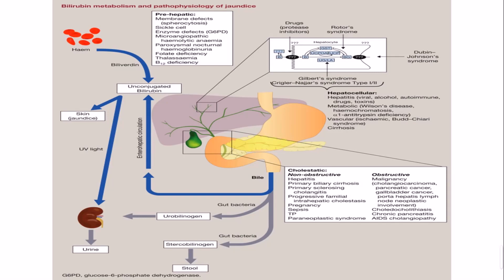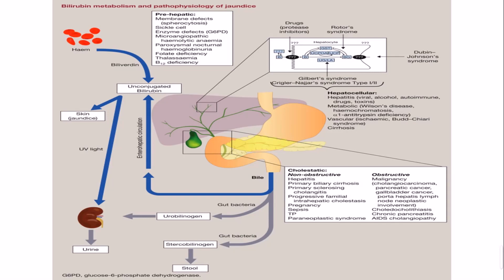This could happen due to an obstructive reason, or maybe because of a non-obstructive reason. An obstructive reason could be formation of a tumor, or a cancer, or some other problem like chronic pancreatitis. There will be inflammation of the pancreas, which will cause an obstruction in your bile duct, and then the bile will not be released from there, so there will be a lot of reabsorption happening, because of which the bilirubin level will go higher in the blood. The other reason is non-obstructive. Here it is not directly obstructing, but it lets your bile remain in one body part and causes jaundice.